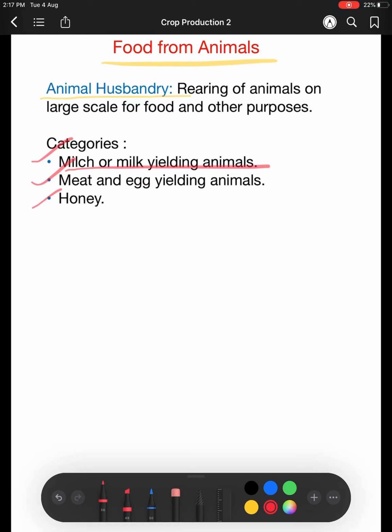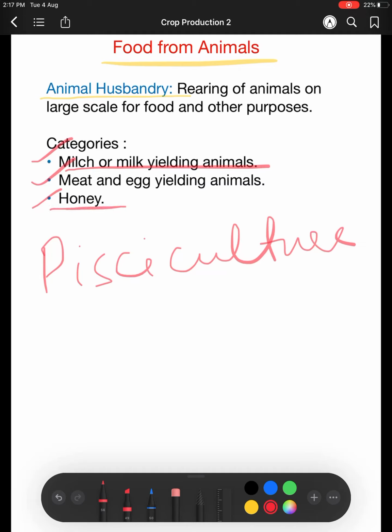The rearing of water animals for food is known as pisciculture. Next comes the honey producing insects. We get honey from honeybees, and the rearing of honeybees on large scale is known as apiculture. So this is all about